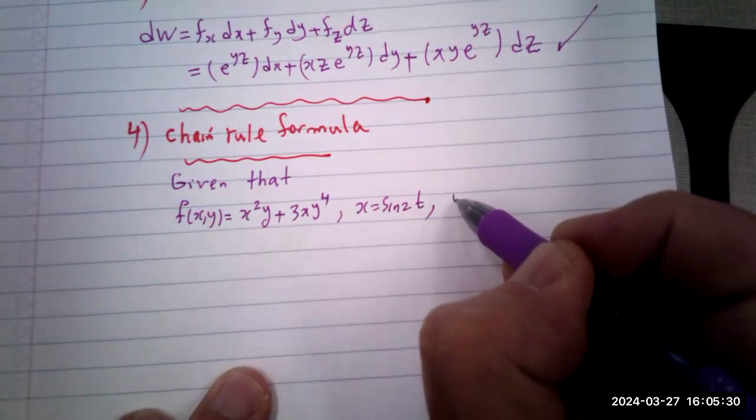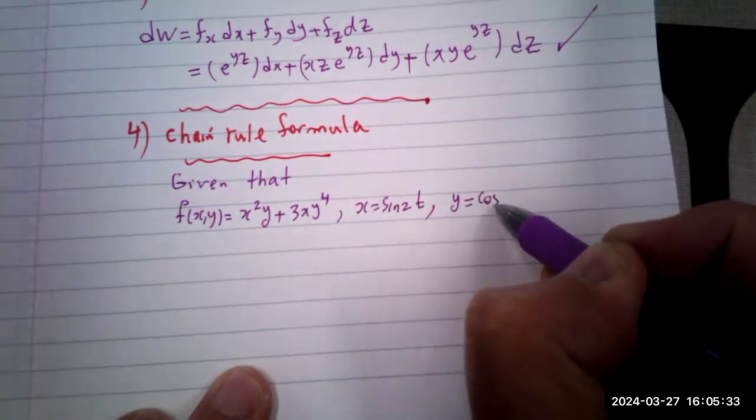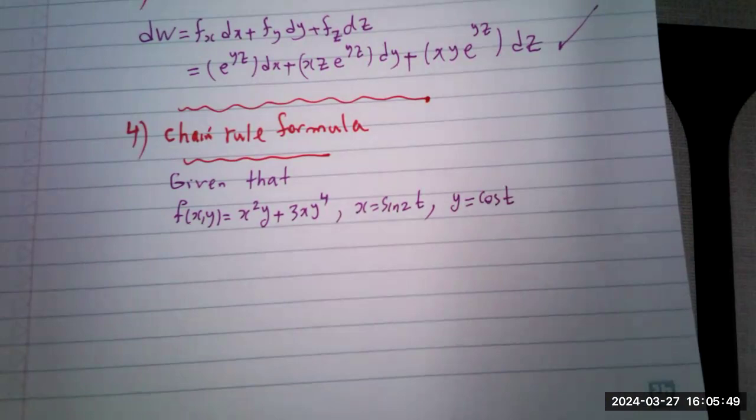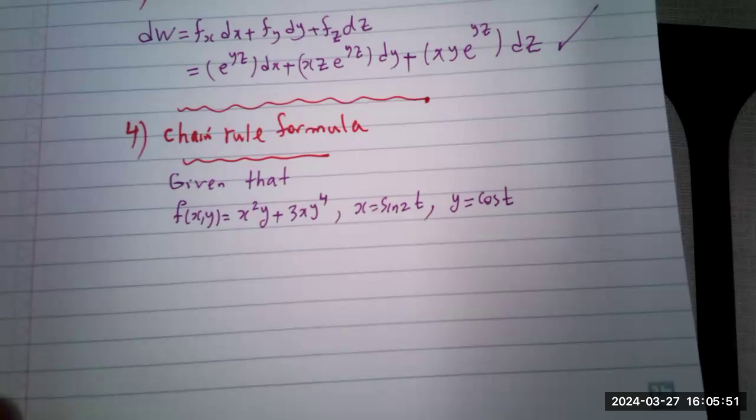And y is cosine of t. So you have your function is a function. This is easy chain rule. That's a mild one because the last variable is just t, one variable. So they ask you to find